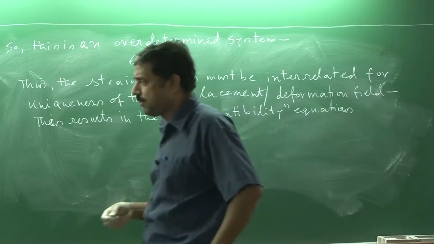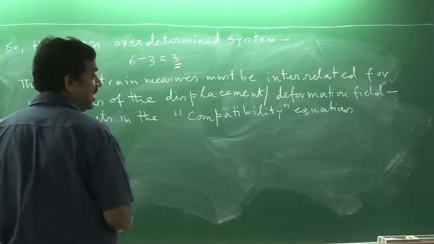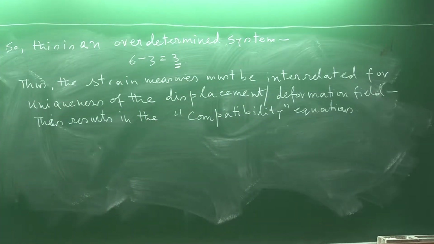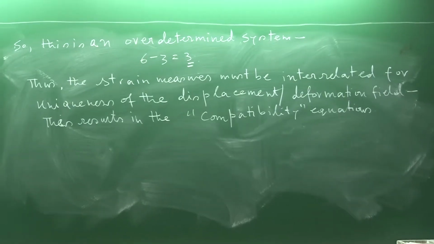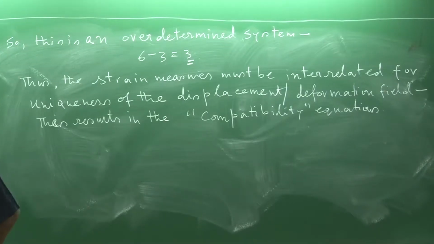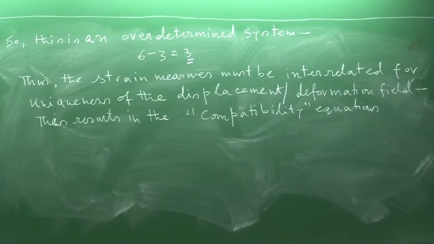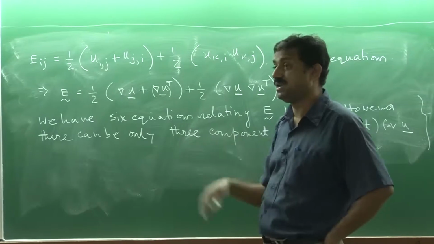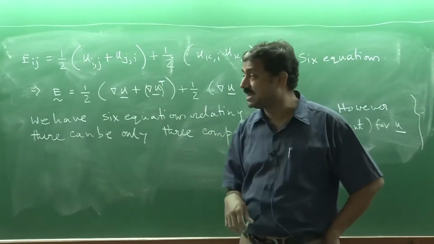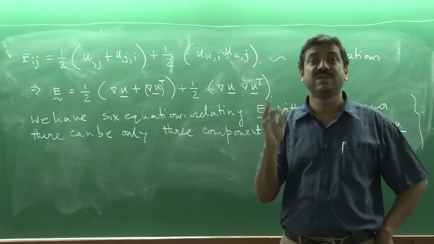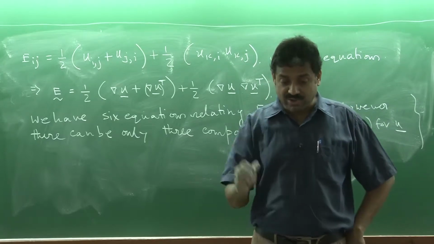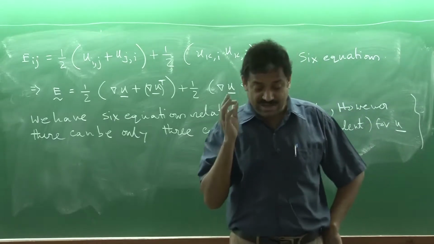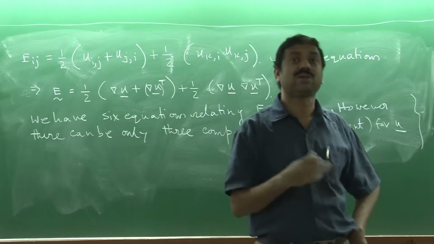So what is the equation of compatibility? It is nothing but that the 6 strain measures cannot be independent, because they are only related to 3 independent components. You can always find the displacement field by integrating the strain field, because the strain displacement relationship is a differential relationship, but you cannot get it uniquely because you have 6 equations whereas you have 3 independent components. So the strain measures must be interrelated, and the interrelationship between the strain measures is expressed by the compatibility equation, which